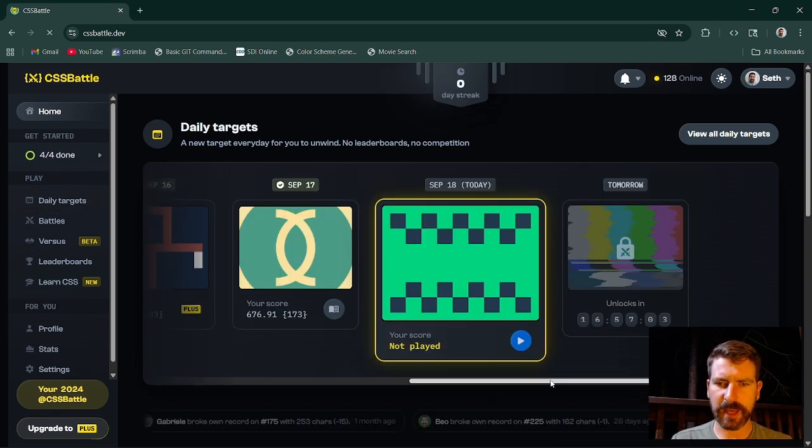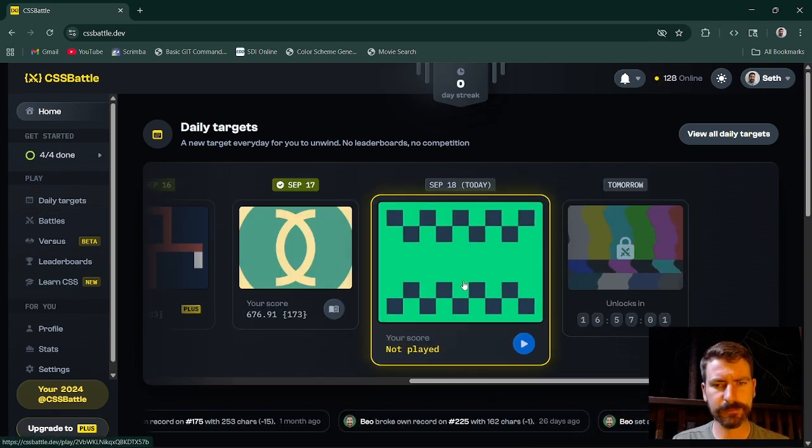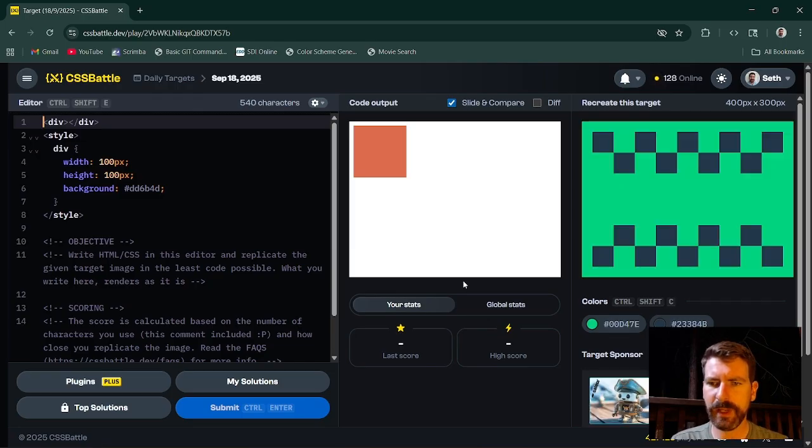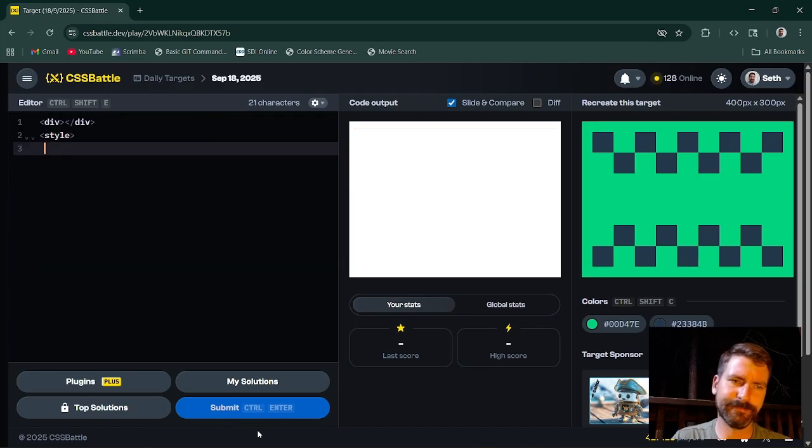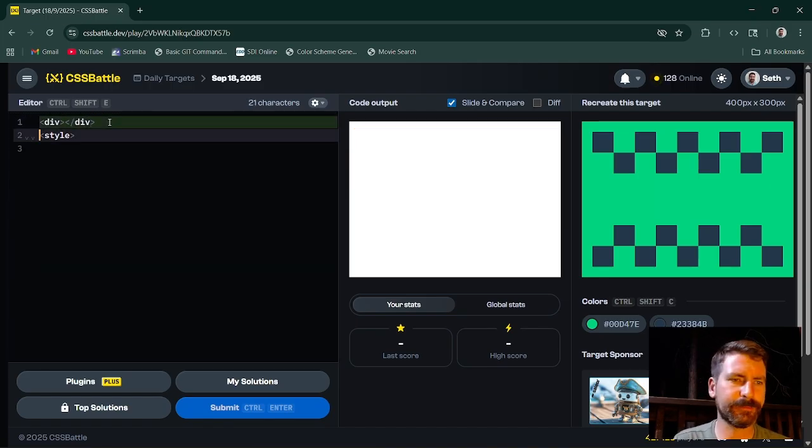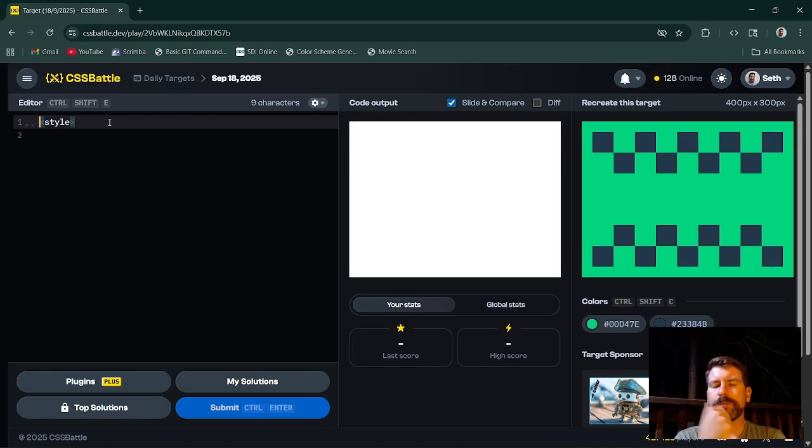Alright, CSS battle time. Okay. We have a checkerboard. I mean, repeating conic gradient, right? I don't want to have to do two backgrounds. But I think with the conic gradient, because you're declaring degrees or radians or percentage, there's no, other than writing